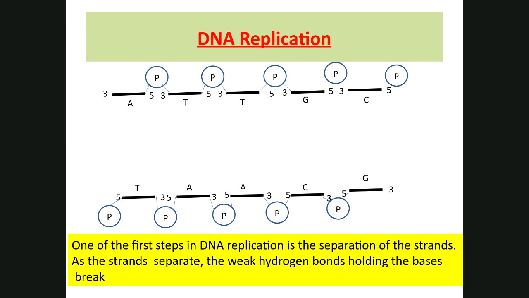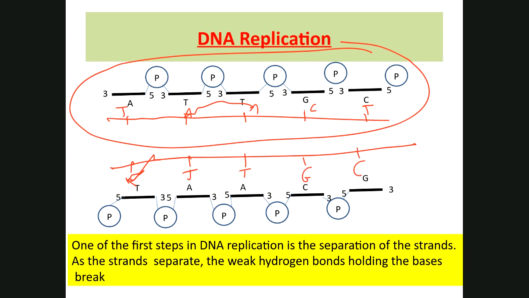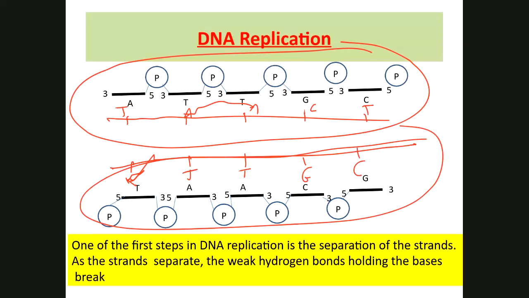Remember that DNA is complementary. Therefore, all you need is one template to create the other. So if you have one template, you know that here you're going to need a T, and you're going to need a C, and you're going to need an A, and here another A, and here a T, and now you have one copy of the parent DNA that could be given to one daughter cell. On the other hand, the same thing, the other template tells you what to put in the opposite strand. So there will be an A, and here a T, and a T, and a G, and a C, and now you have the other copy of the DNA to give to the other daughter cell when the cell